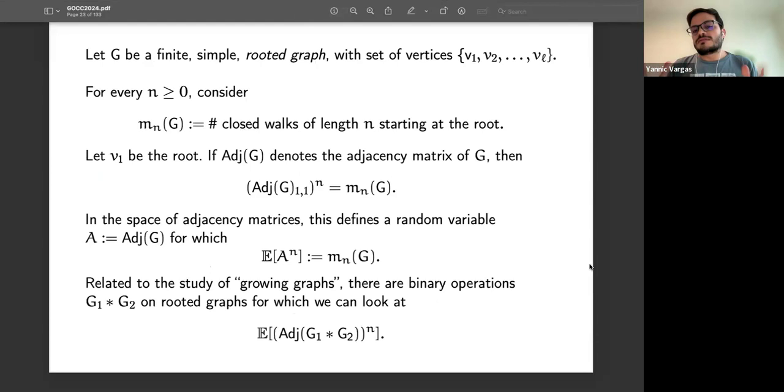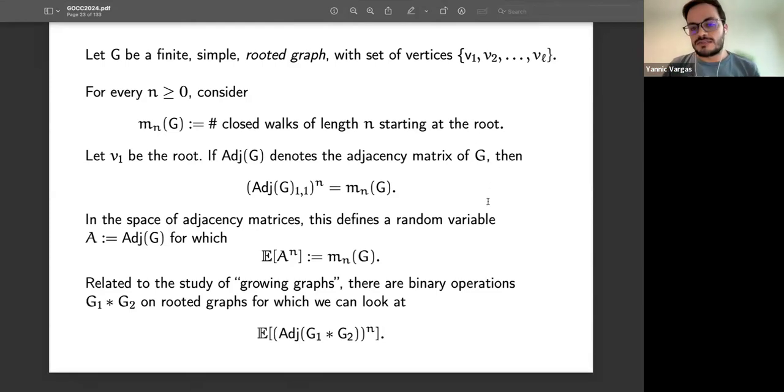Let me start with this kind of example because it's a toy example, which is very combinatorial. The main ingredients here are rooted graphs. We're going to work with finite simple rooted graphs. The idea is that we want to look at closed walks of some length, starting at the root and ending at the root. And we can count the number of closed walks in a rooted graph